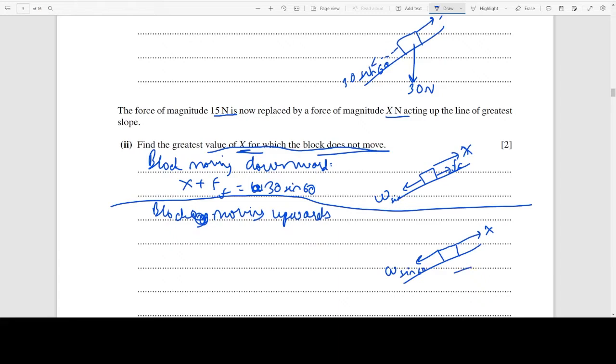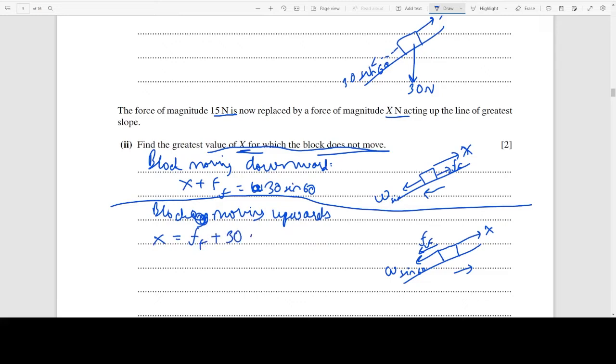Initially we just considered it moving downwards; let's consider it moving upwards. The frictional force will now be downwards because it will oppose the upwards motion, and since frictional force is now downwards, the force equation that we get is going to be x equals ff